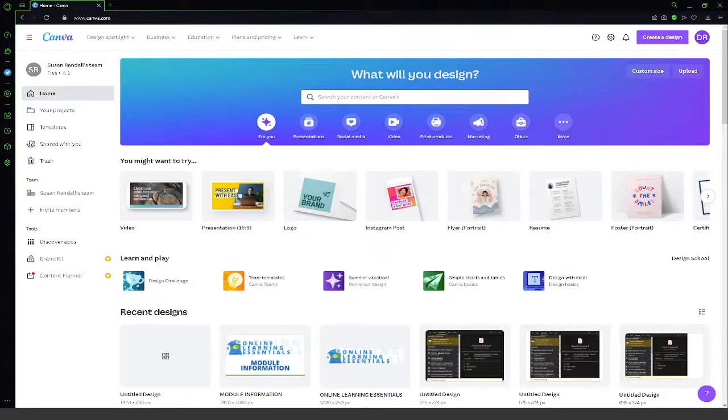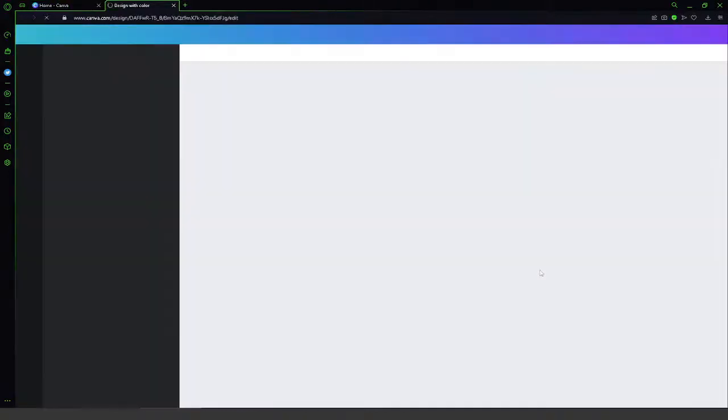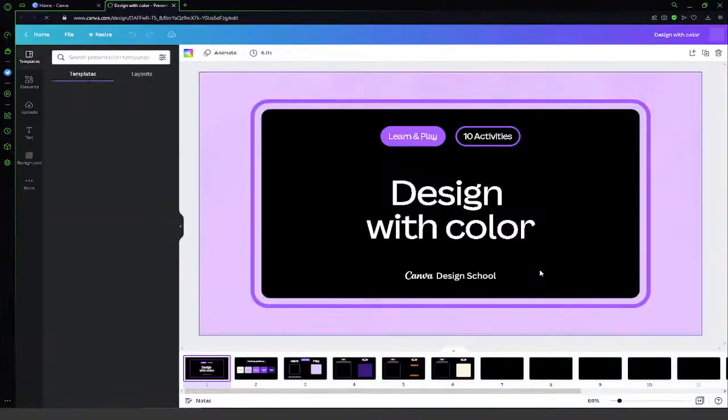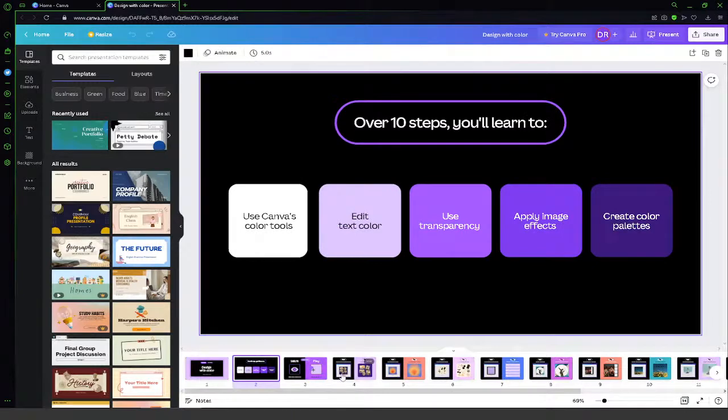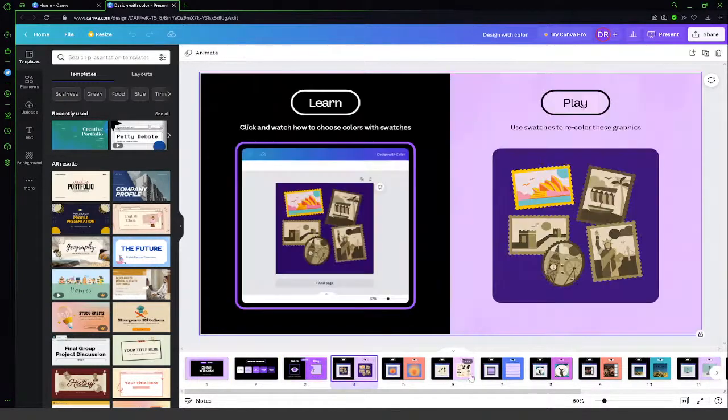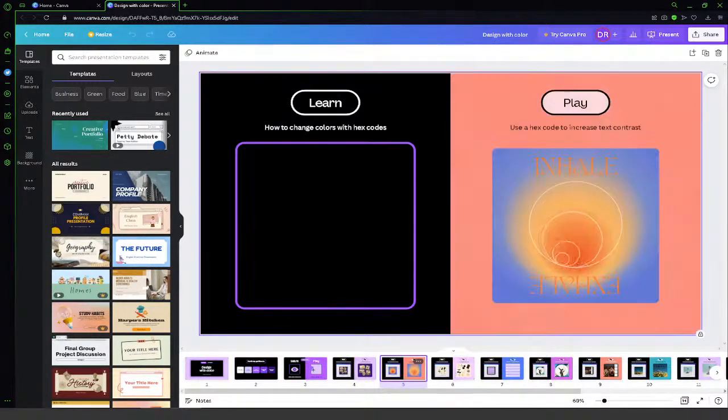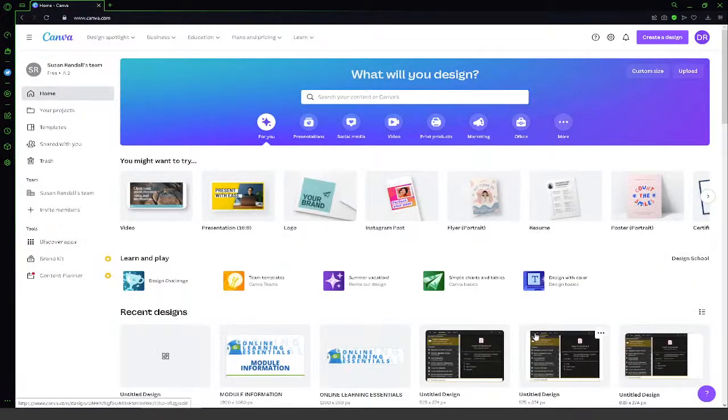designing with color. You can actually go through these different items for specific tutorials, right? For example, design with color here pulls up a presentation that they made in Canva, and it goes through all the different things that you can do in Canva with color. So I encourage you all, especially if you're struggling, to use this Learn and Play section, right? They want you to be able to make something neat,